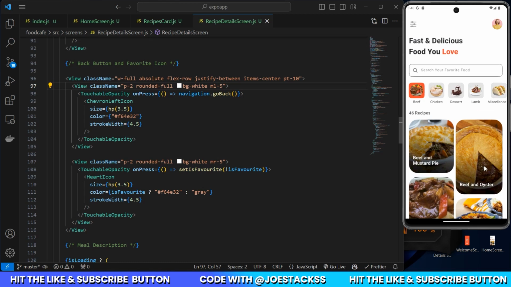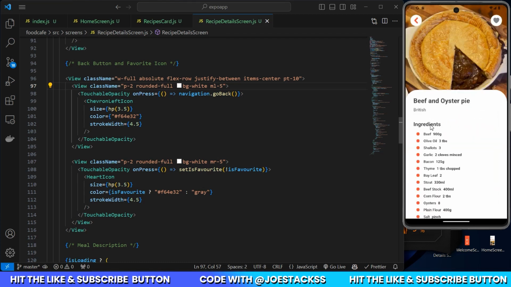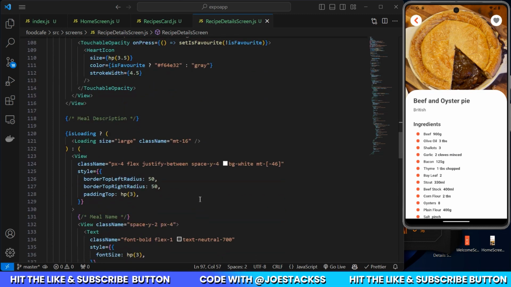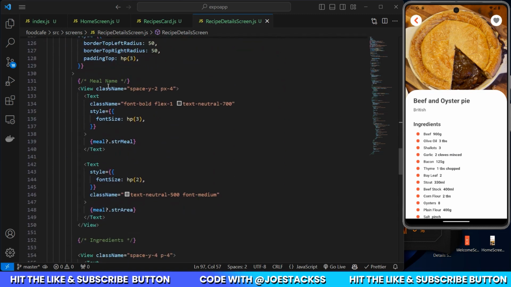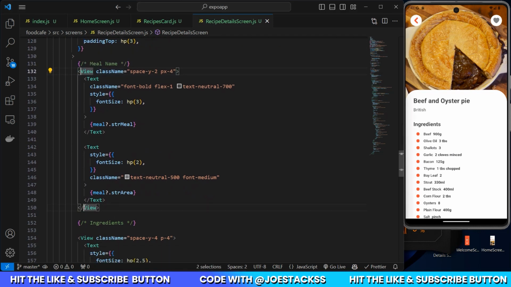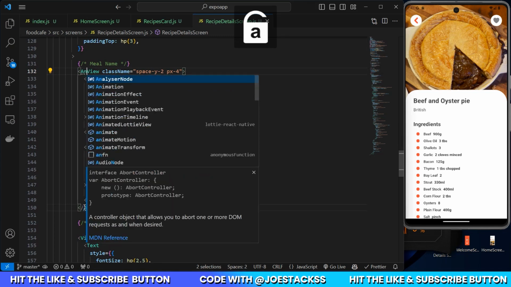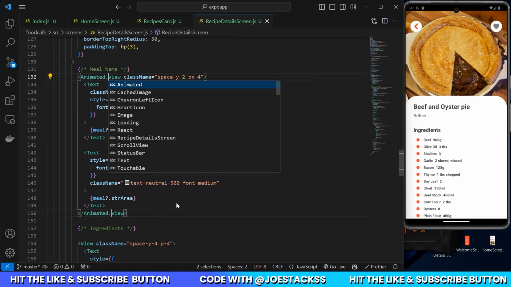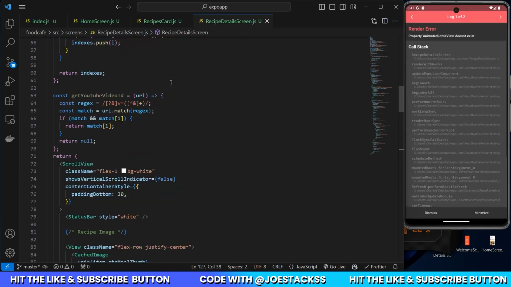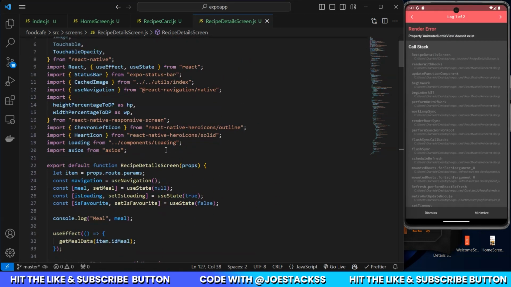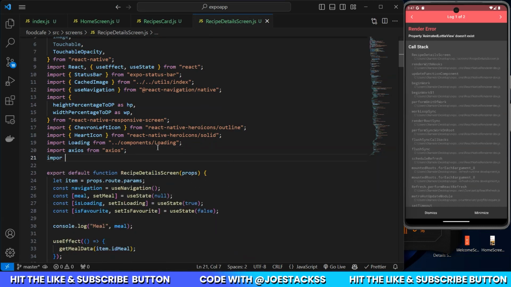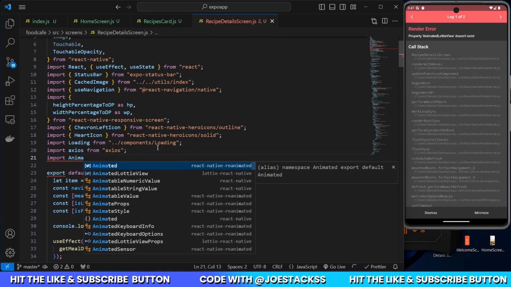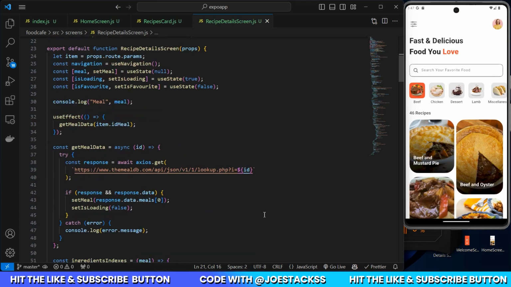Now moving on, when you click on each meal, I want there to be some sort of animation on these ingredients or this beef as well. So we're going to head back to our code, and inside of the meal, we're going to say this should have some sort of nice animation, and that we have Animated.View, not Lottie, but .View. We save that. We're going to have to bring in Animated. We're going to say import Animated